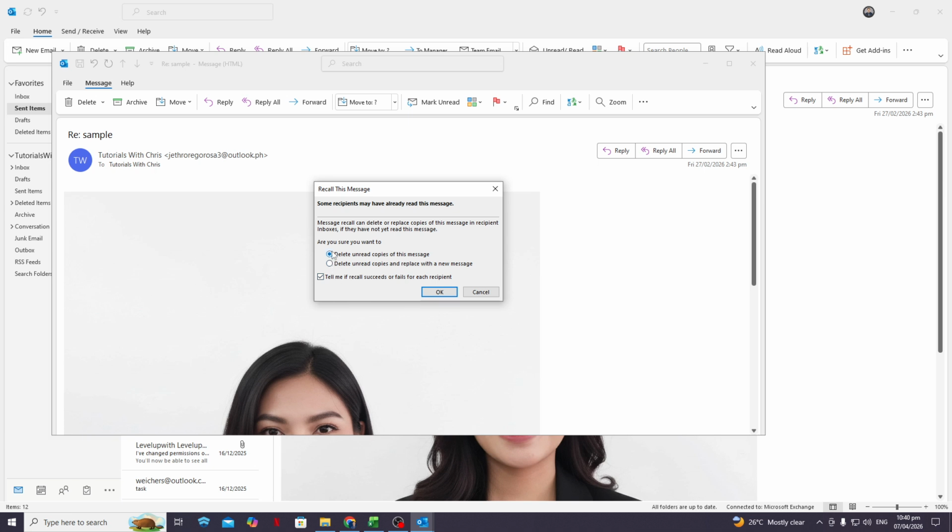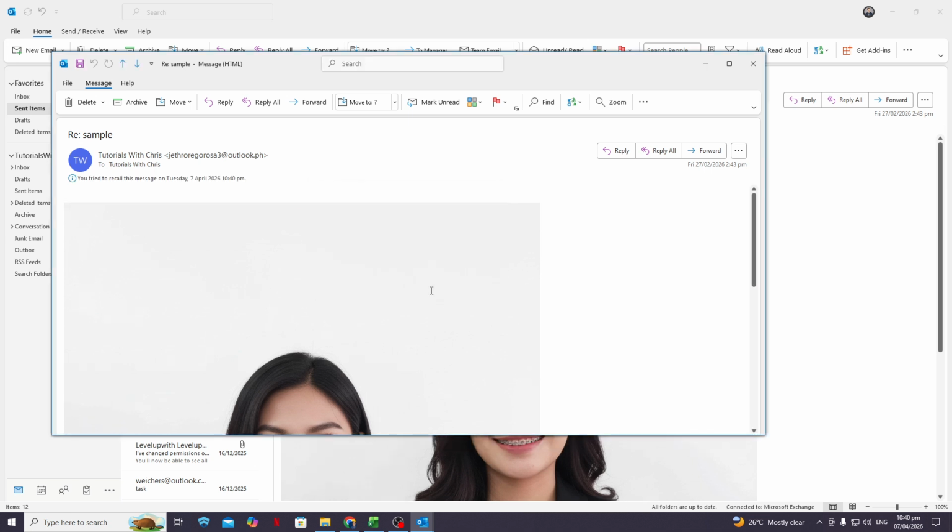If you just want the email gone, choose the delete option. If you need to correct something, choose the option to delete and replace. Outlook will open a new Compose window with the original content, so you can edit your message and send it again. When you're done, click Send, and Outlook will try to pull back the original email and deliver your updated